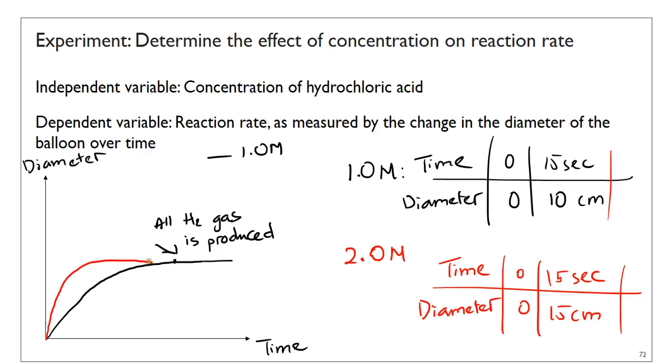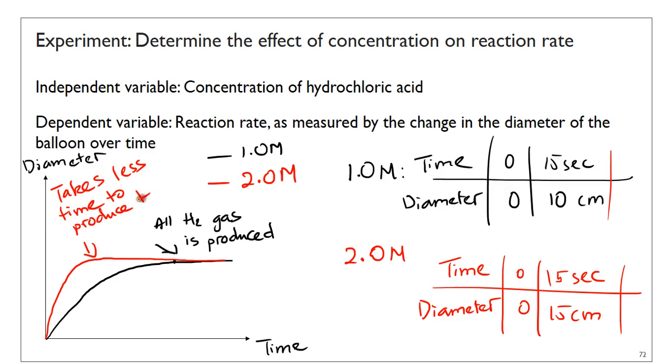So if I draw this on the same set of scales, this is something that you can see. This is going to be 2.0 molar. Notice how it gets to this point faster. So you look at this: it takes less time to produce the H2 gas. It takes less time to produce the gas, but it has to produce the same amount because,